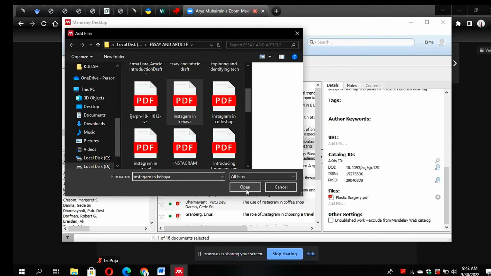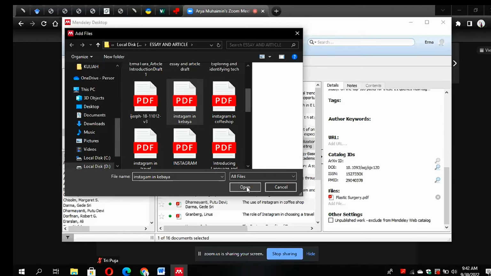Jadi sebelum dimasukkan ke Mendeley, kita satuin dulu foldernya di komputer kita. Jadi satu di local disk kita namain article writing. Nah, kalau mau input ke Mendeley, bisa langsung satu folder tersebut. Tapi lebih enaknya satu-satu sih. Jadi setelah download langsung masukin ke Mendeley.